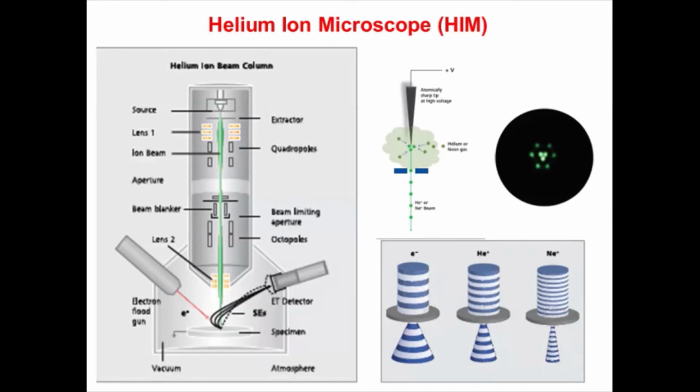Now this instrument looks very pretty, but it's very complex. How do you get the ion beam formation? Here the company has claimed you have 3 ion beams available for 3 different purposes. One of them you can use for imaging, another for lithography, another for manipulation, like that. The ion beam generation is via the field ionization mode.